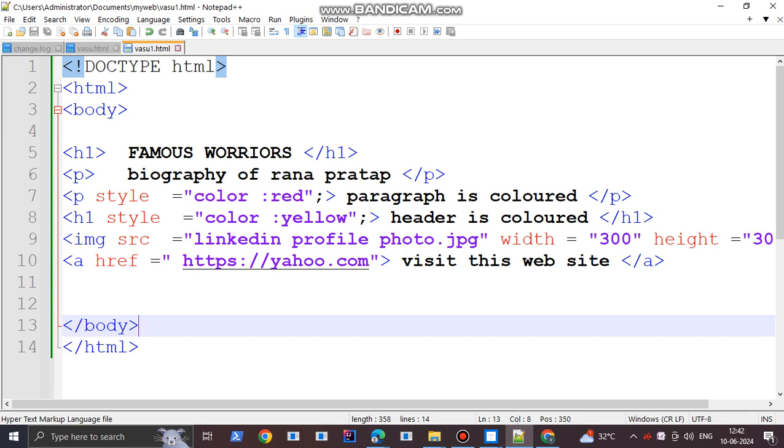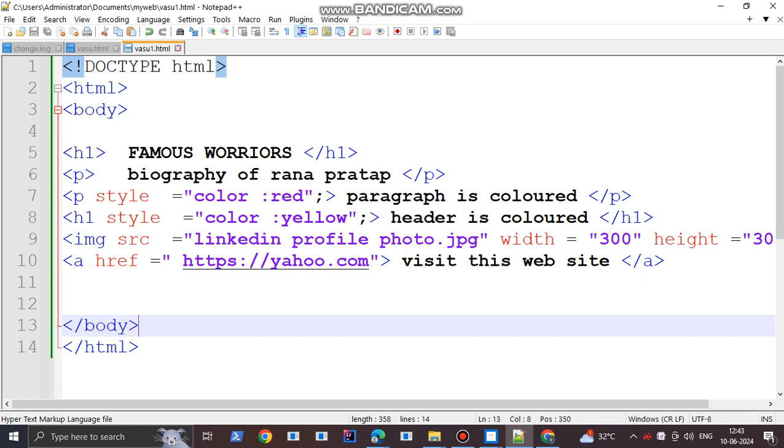Now the image tag, with the source attribute, is used to load the photo you want to keep in your web page. Here this is a JPG photo. Its width attribute is assigned the value 300 pixels, and height 300 pixels. Now I told you that a is the tag for hyperlink, with the attribute href, hyperlink reference.